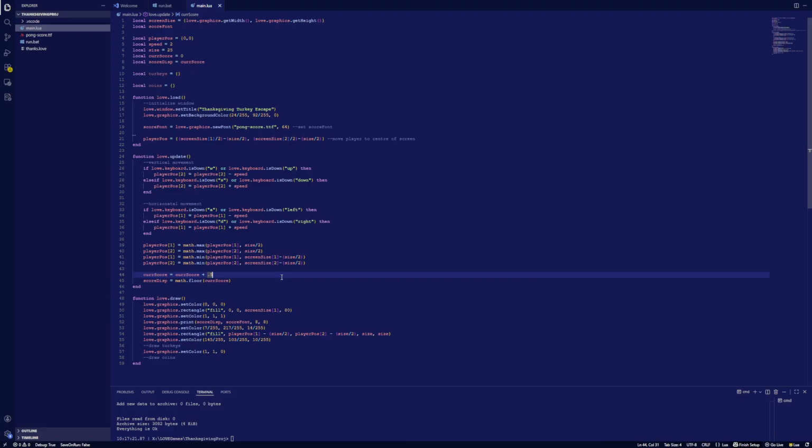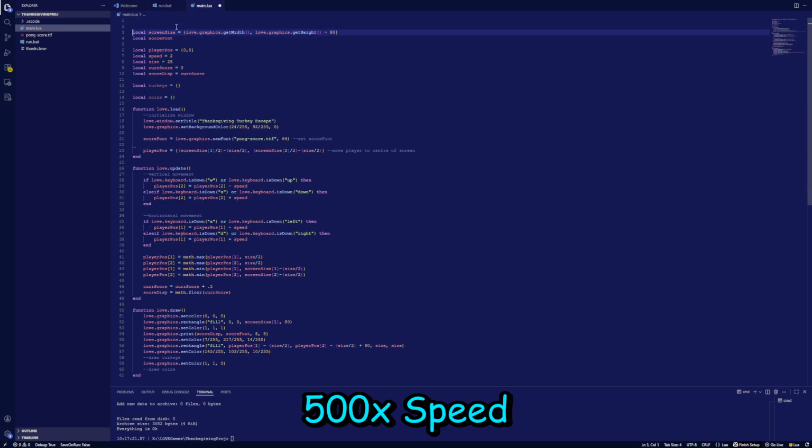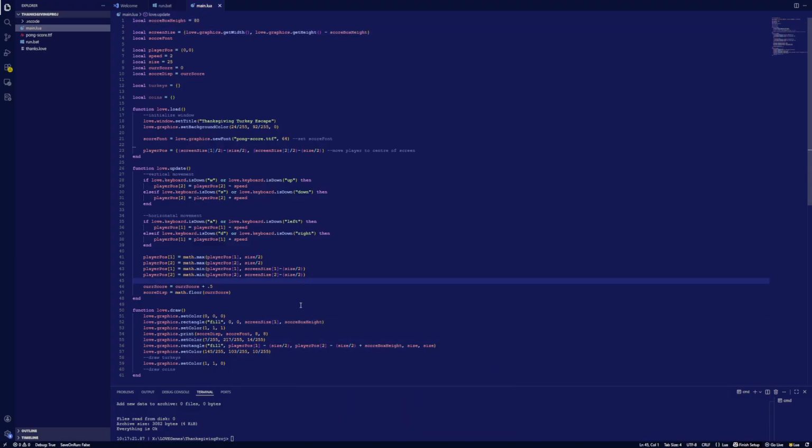Now we want to modify the screen size to be the screen height. We want to modify it to be screen height minus 80. So yeah, that's how it is. So now if we run,